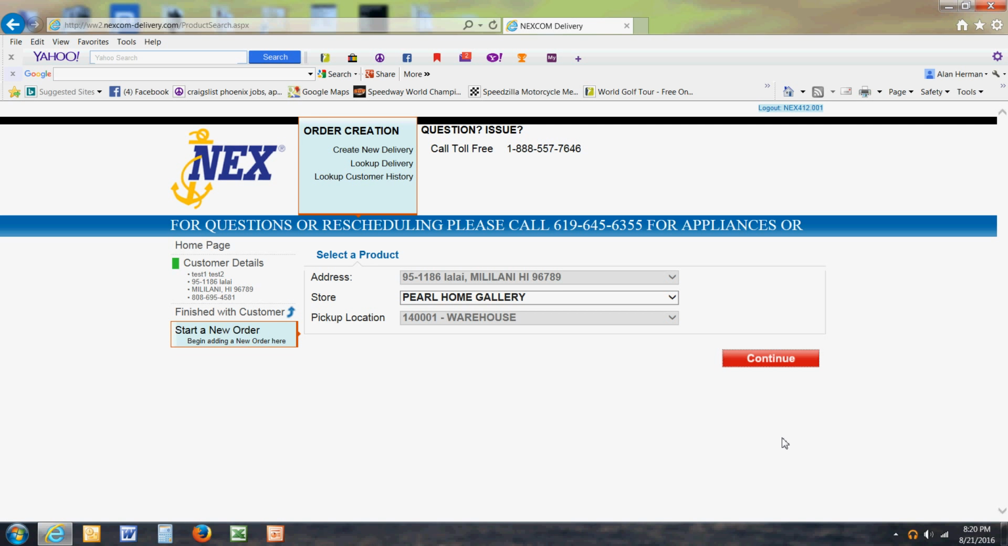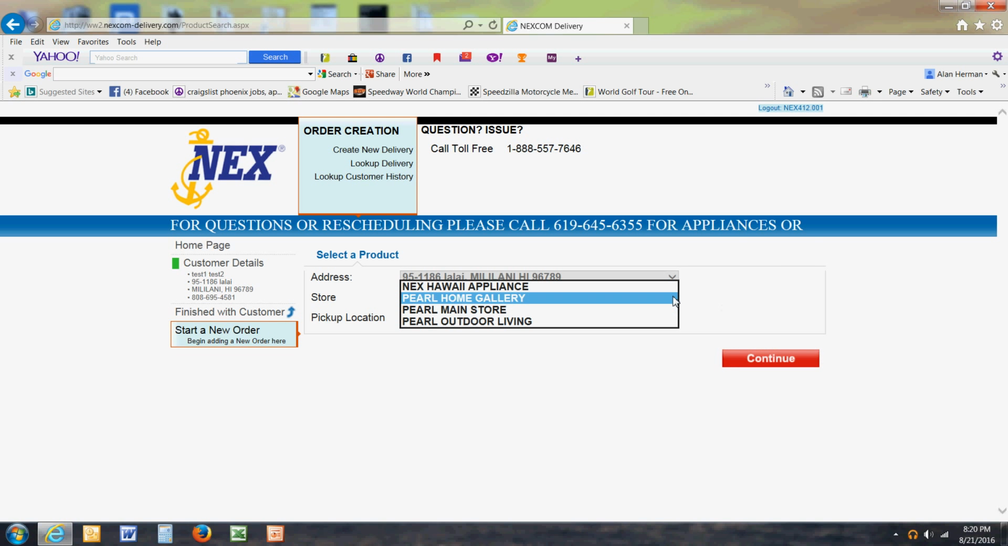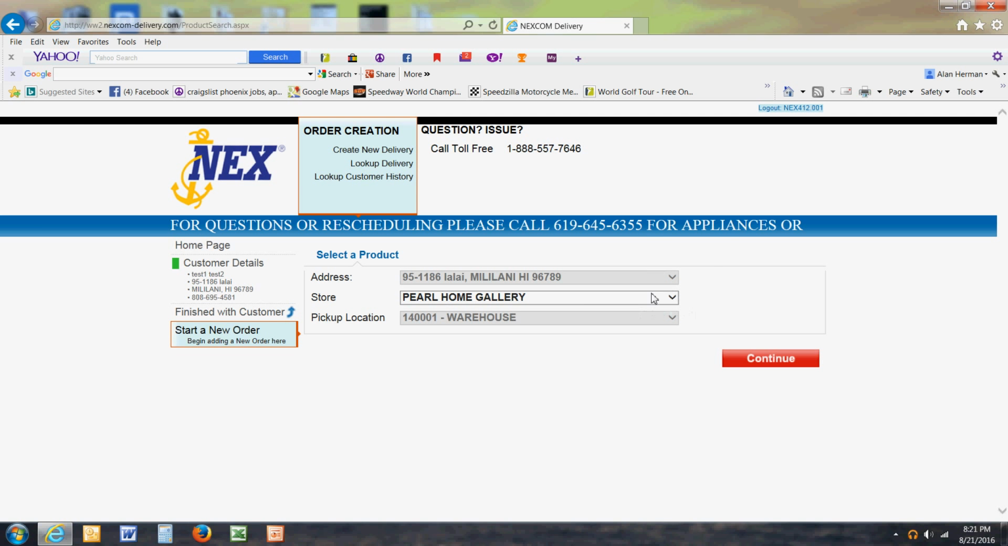Now it's going to show the customer's address and a list of stores where this customer could be making a purchase based on their zip code. Keeping in mind that this will only be for Hawaii at this point, it's going to give us a list of 4 stores on the Navy Exchange where this customer could be placing orders. The Next Hawaii Appliance Store, the Pearl Harbor Home Gallery, the Pearl Harbor Main Store, or the Pearl Harbor Outdoor Living Store. So you'll see it is just a drop down, and we'd select the appropriate store where this customer